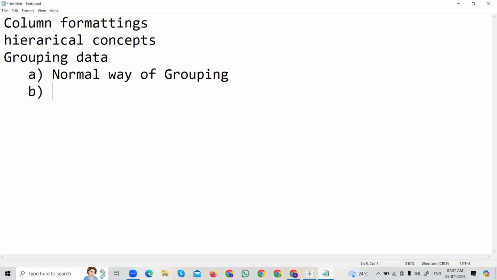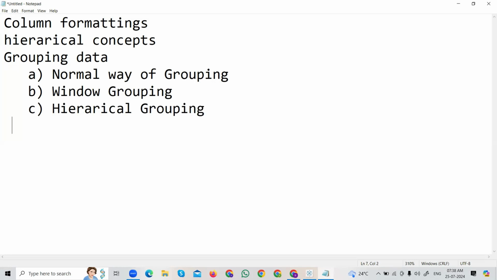The normal way of grouping is there, and after the normal way of grouping, we can see window grouping. After the window grouping you can say hierarchical grouping, and after the hierarchical grouping, you can have a look into EDA grouping. Okay, EDA grouping, exploratory data analysis grouping. This also we can see, and after that, the most important one, I'm giving the star mark,